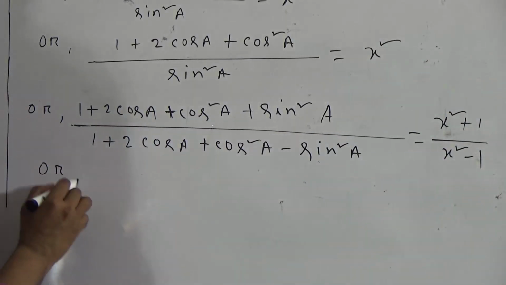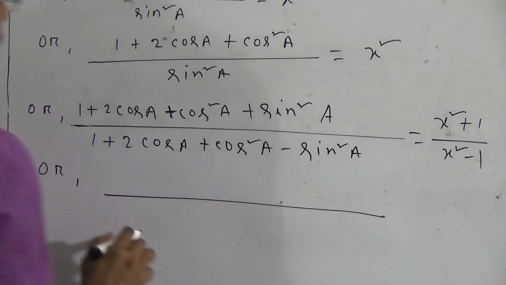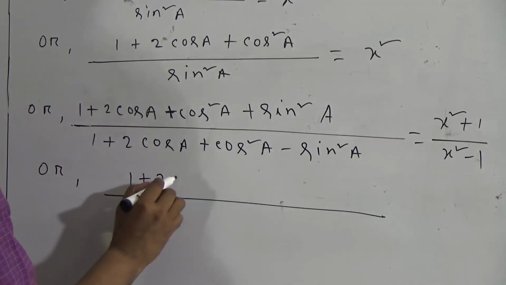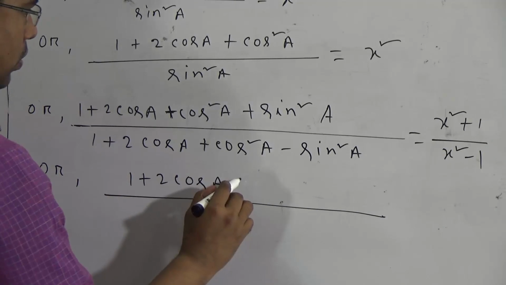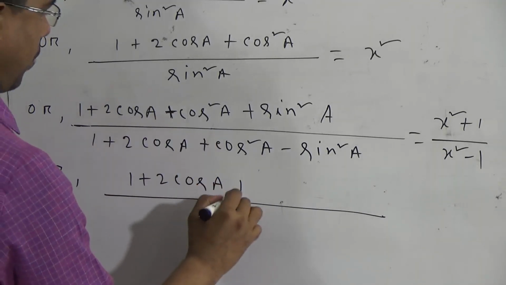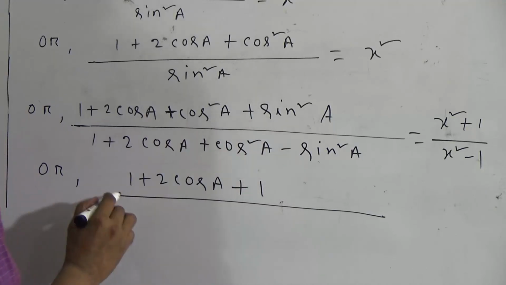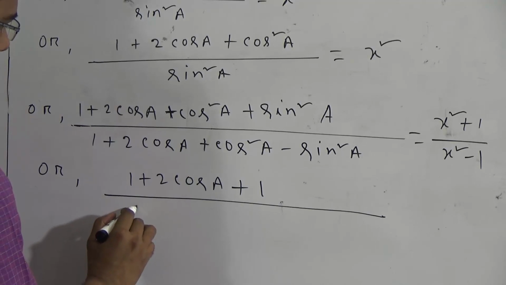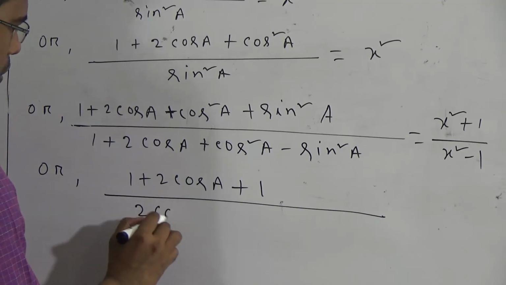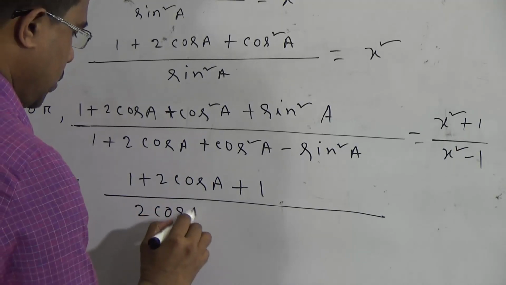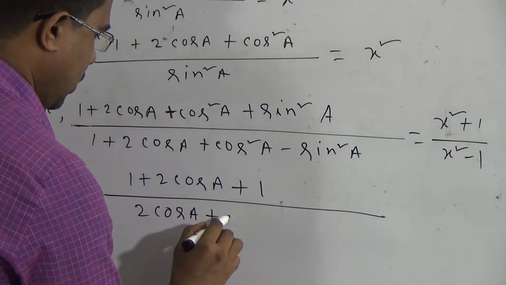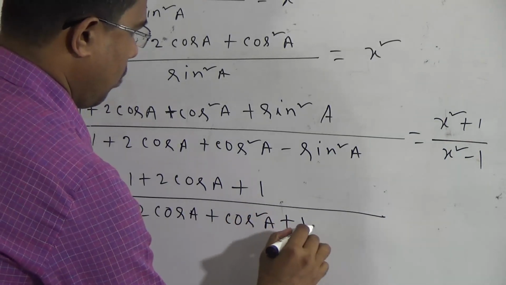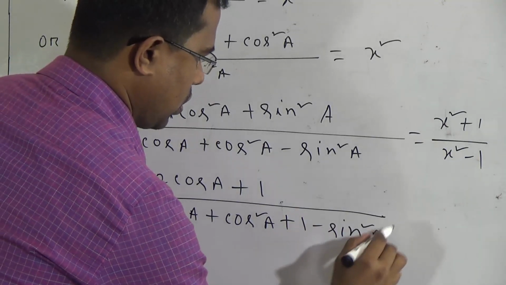Now we know that cos square A plus sin square A, this is equal to 1, so we can write here 1 plus 2 cos A plus 1 again, here cos square plus sin square equal to 1, and at first we write 2 cos A plus cos square A. Now we'll write this one plus 1 minus sin square A is equal to